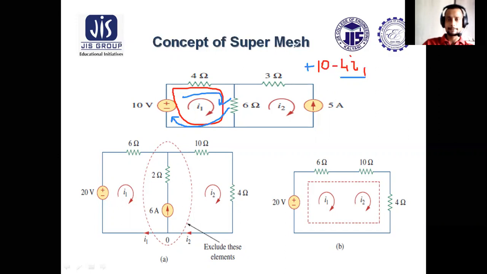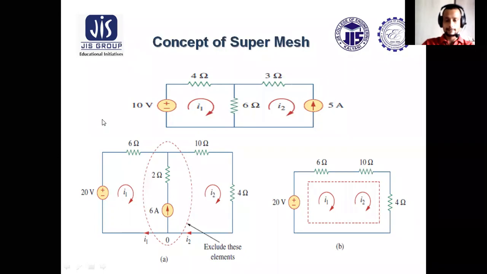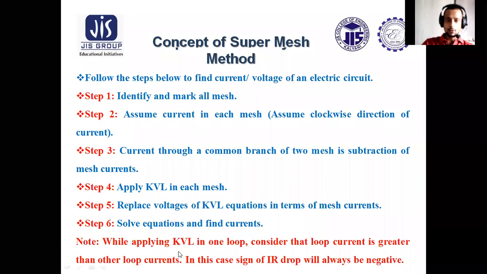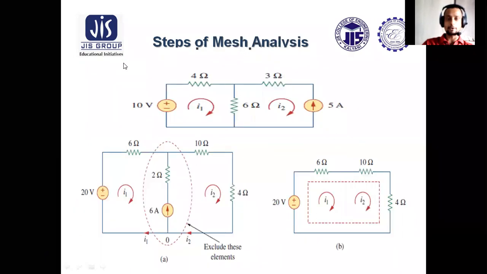Next, let us come to this note. While applying KVL in one loop, consider that loop current is greater than the other loop current. In that case, sign of IR drop will always be negative. Now let us understand this point. So KVL equation will be